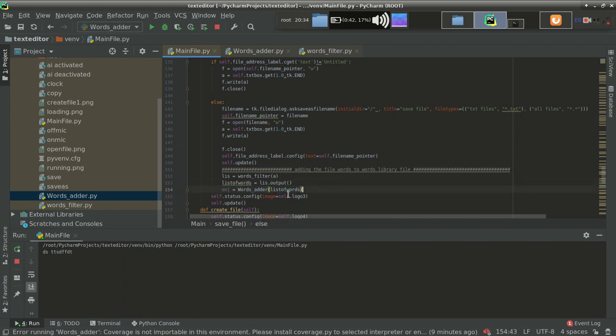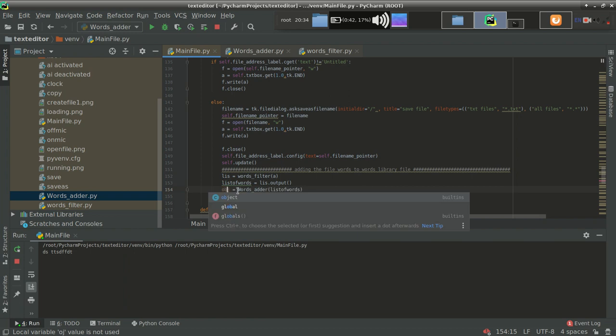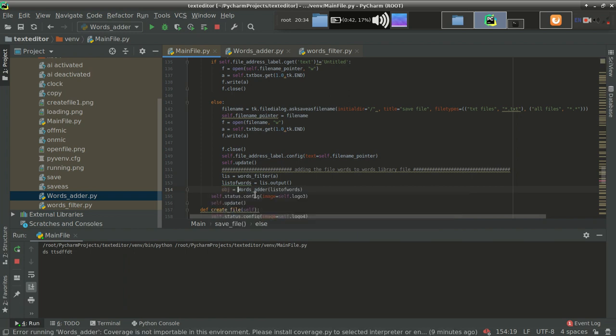So words adder, list of words. So hence in this way I can add words to the library.